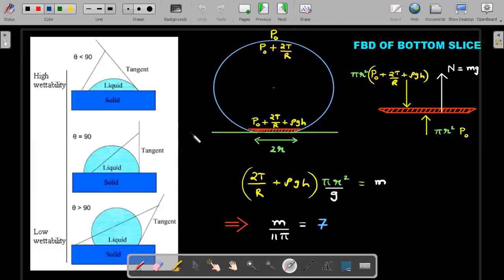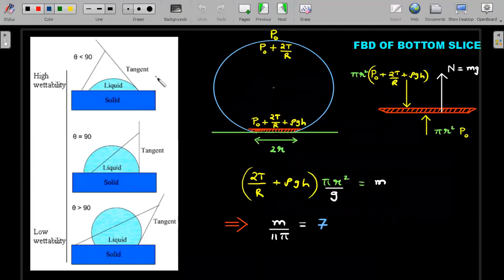So here's the solution. On the left side of the screen, if you carefully observe, this is the situation that you would get for 3 different types of contact angles. Whenever any liquid spreads on a solid with a contact angle less than 90, we call it a wettable liquid. And if it's 90 degrees, you end up getting something of this sort. And if it's more than 90, an obtuse angle, in this case almost 180 degrees, you'll end up getting low wettability.